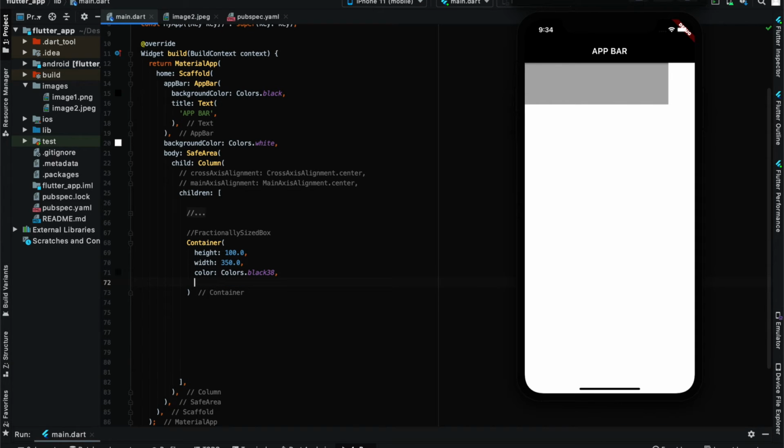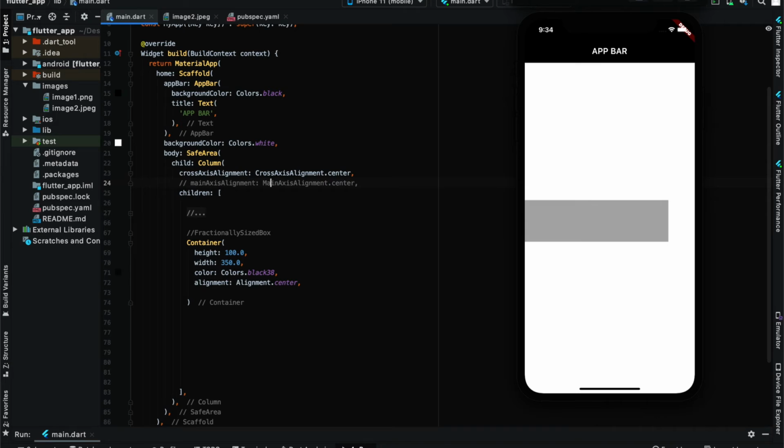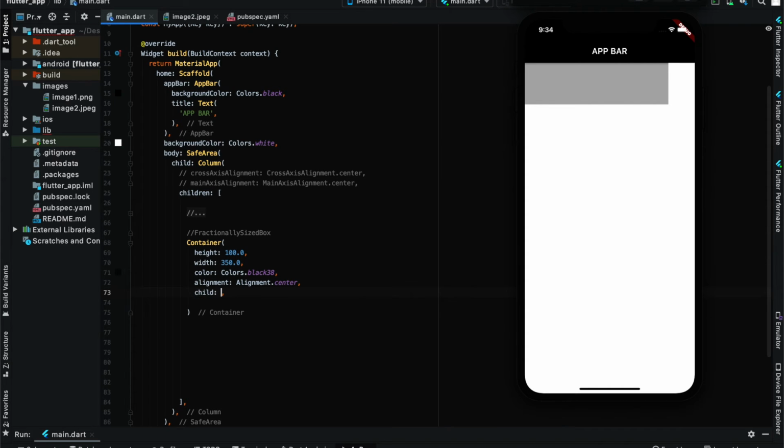And then I have, okay, I'll do the alignment. So the alignment would be in center. Then okay, I'll start with the center. Sorry, this is not main axis alignment, this is cross axis. Okay, I'll not use cross axis or main axis alignment as of now. I can use the sized box. So right now I'm not using anything. In this container we'll have a child in which we'll be providing this fractionally sized